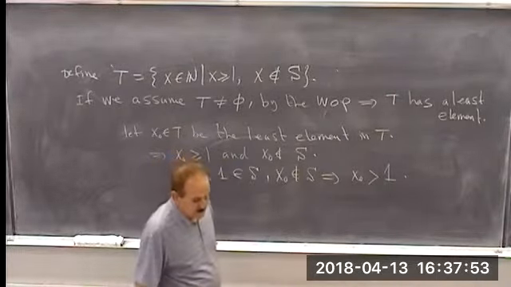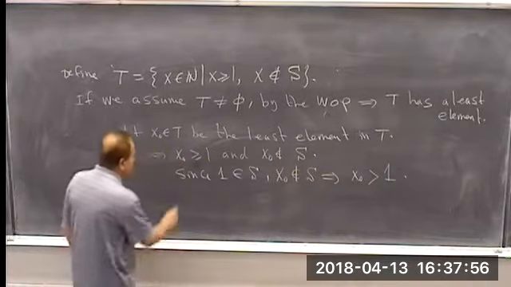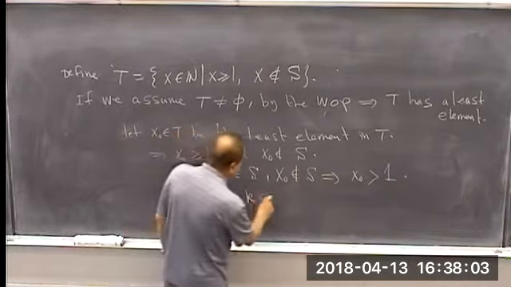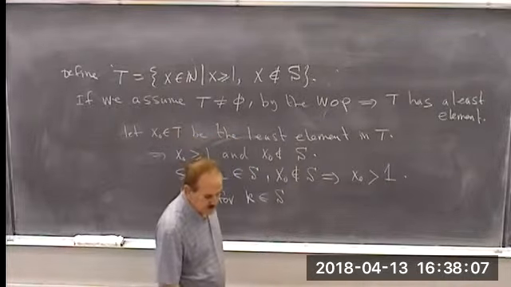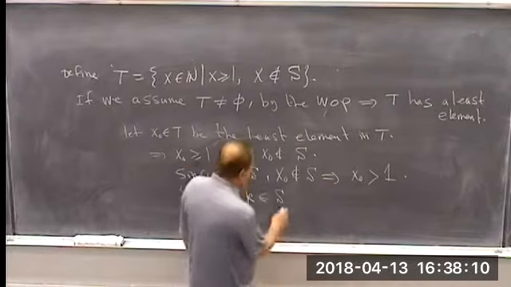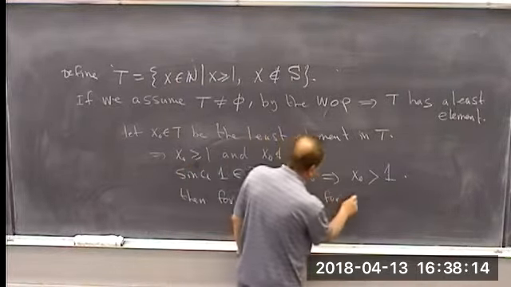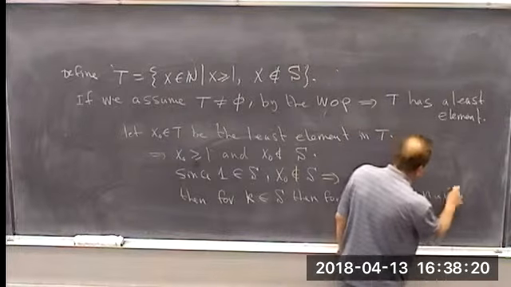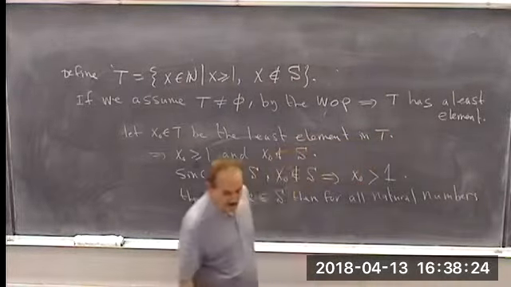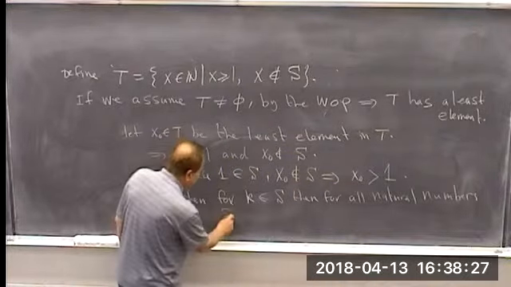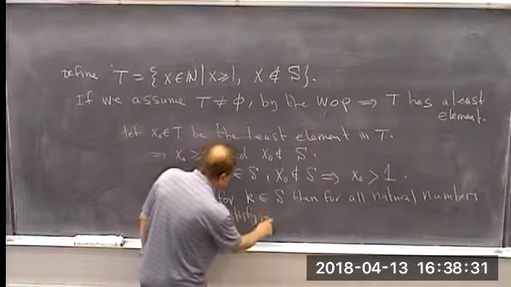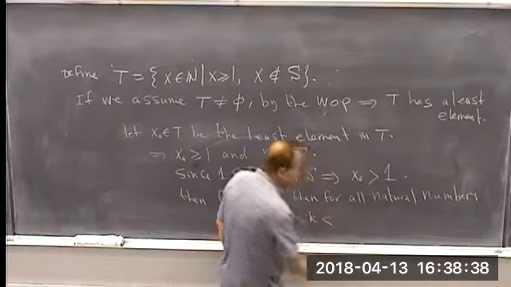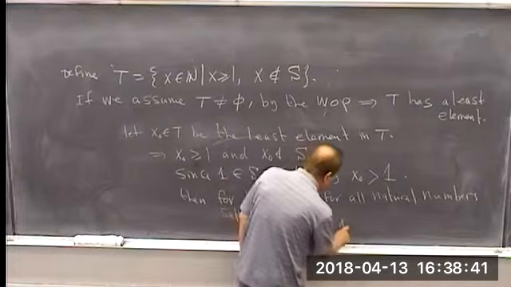Now, for K in S, we take a K in S, then for all natural numbers satisfying this, actually 1 less than or equal to K, less than or equal to x sub 0 minus 1,